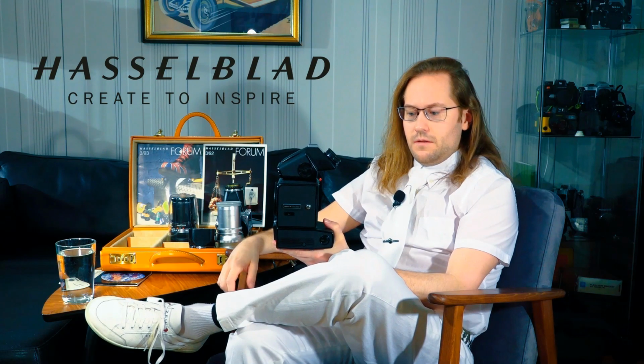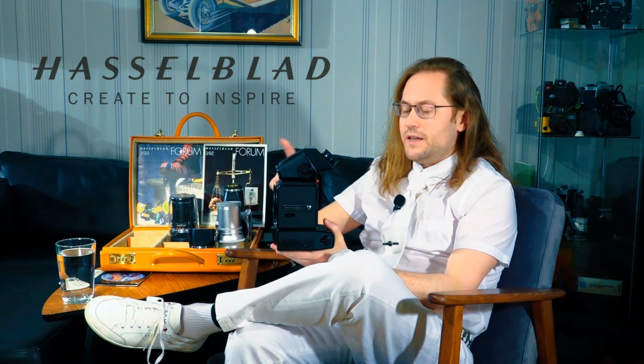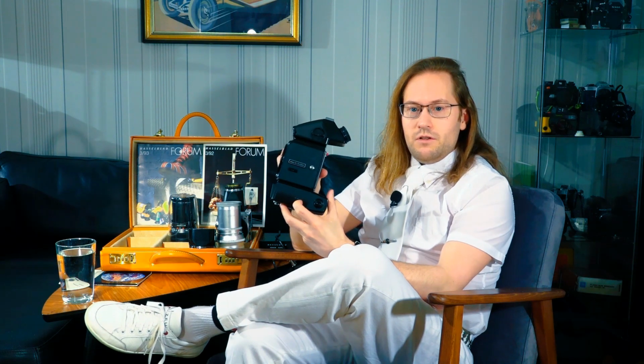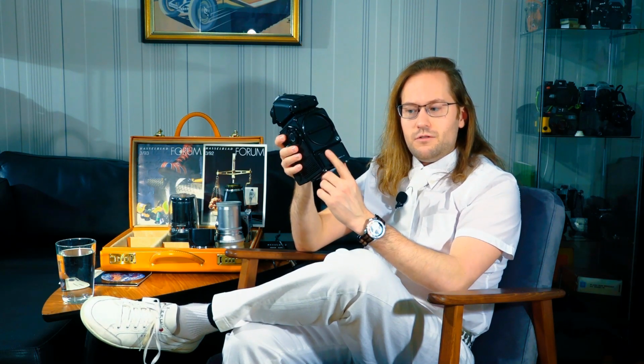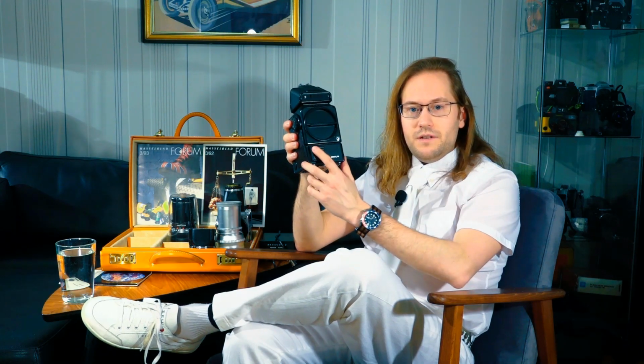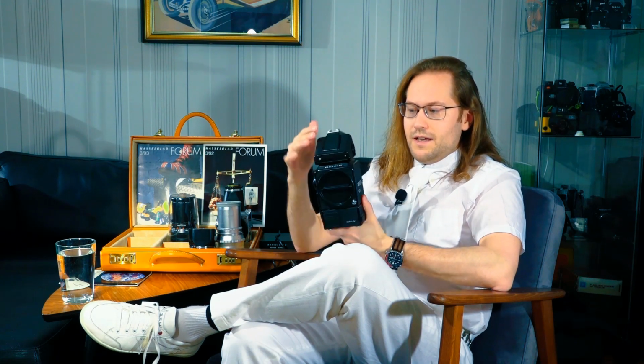Let's see, this one was factory modified with the ability to use AA batteries, and with a bit of a battery checker as well on the plate that goes over the battery compartment. I also have this with the so-called astronaut or NASA trigger or release button on the front here. Yeah, brilliant camera. Have used it a lot of times. Produces great images with the Carl Zeiss lenses, and this one also has the metered viewfinder. So yeah,